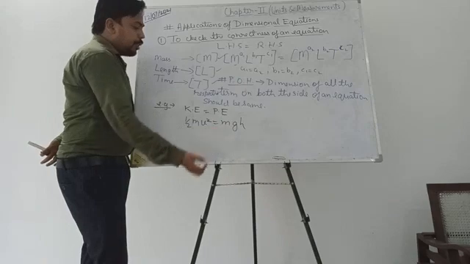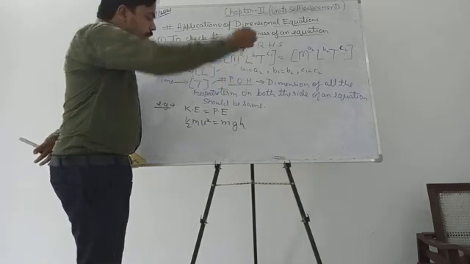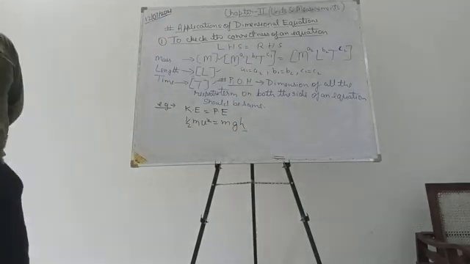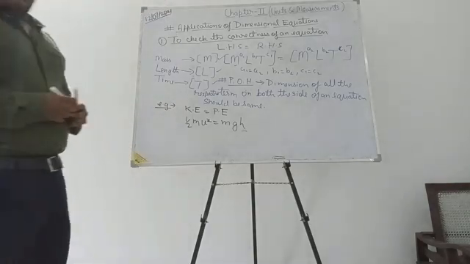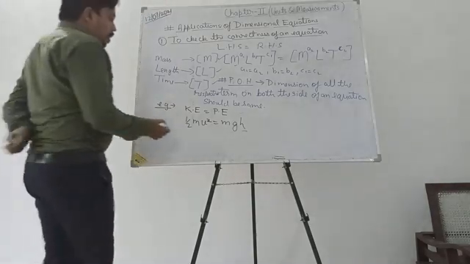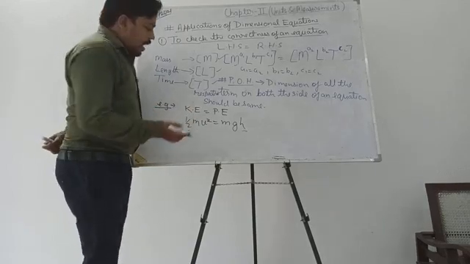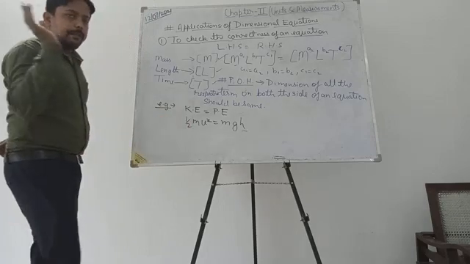g is the acceleration due to gravity acting on that body which has been raised to a certain height h. This is the height to which a body has been raised. So what happens if we apply the dimensions here? If we have the knowledge of the dimension formula and we apply it here, then we know this is a constant term and it is simply dimensionless.